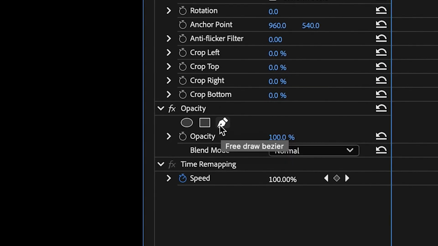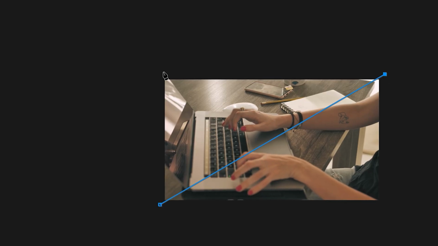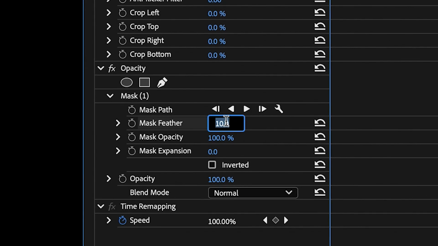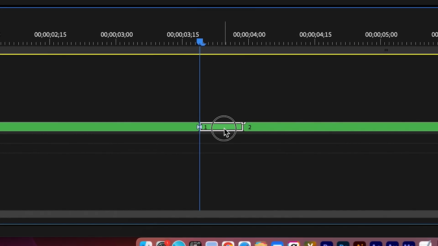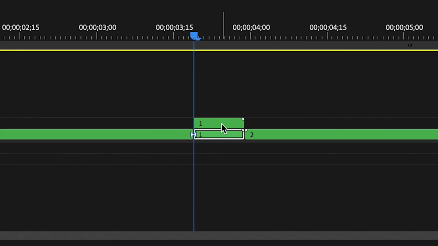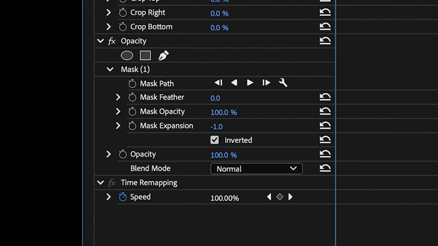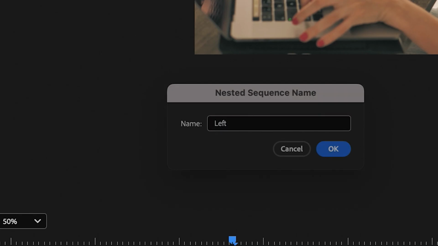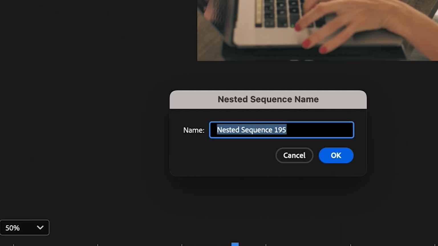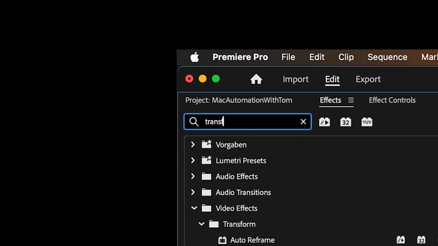Under opacity, click on the free draw Bezier tool icon, create a triangular mask like this, set mask feather to 0, duplicate this piece by dragging it up 1 track while holding the Alt key, select it, check invert it, set mask expansion to -1 pixel, nest the first piece once again, rename it to left, nest the second piece a second time as well, rename it to right, switch to the effect controls panel, search for the transform effect,